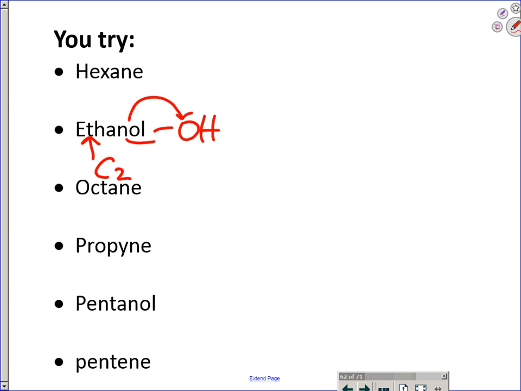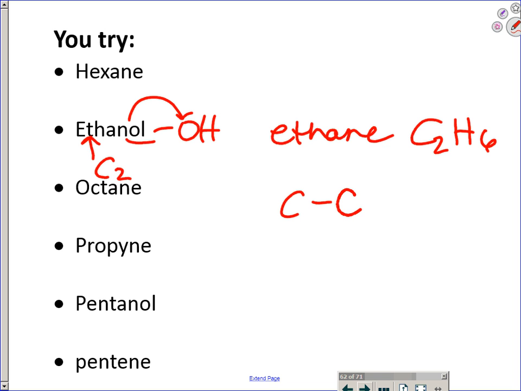So every time, what does eth refer to? C2, good. So that's our second prefix, which is 2 carbons. And if it were just simply ethane, what would the formula be, guys? So C2H6. Okay, so draw that out for me. This will be a quick one. How do I draw this? Bailey, get me started. C2. So 2 carbons attached to each other. Yep, so there's a carbon chain, so 2 carbons attached to each other.